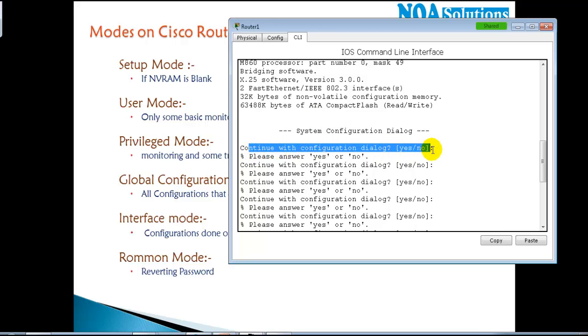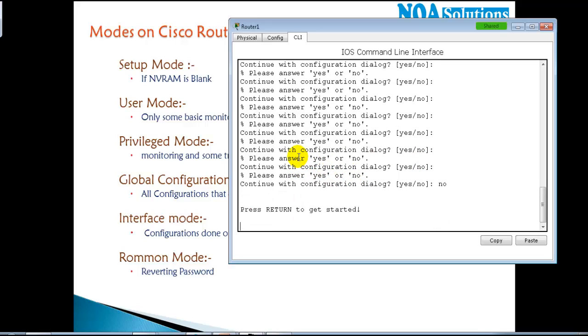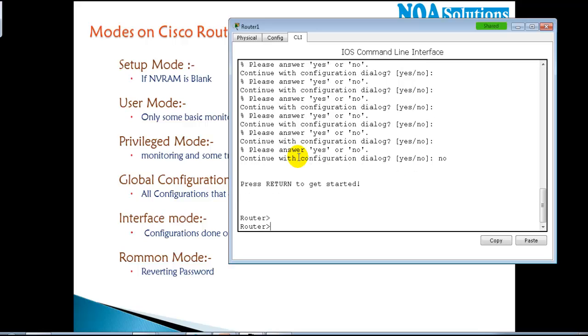It looks like this. It is going to ask you that there are no configurations present on the router. Would you like to do any initial configurations? Now what to do here? We just need to skip the setup mode by simply giving the no command. If I say yes, what happens? It will ask you a lot of things to configure. We can also do the configurations later on, individually. So whenever you see the setup mode, you just need to skip it by giving the no command. That's it. If you want to check what happens if you say yes, you can probably try it out.